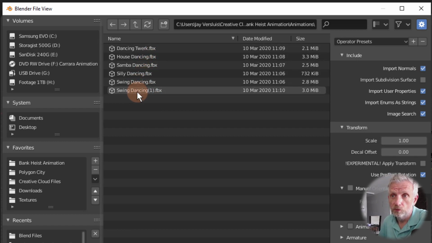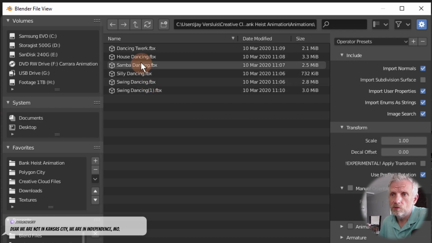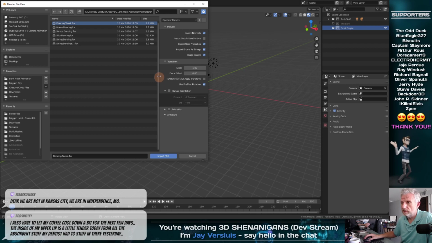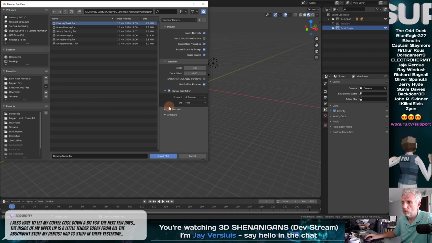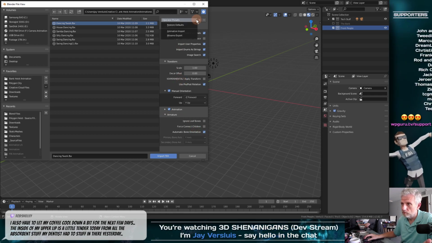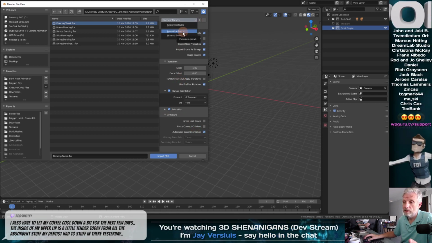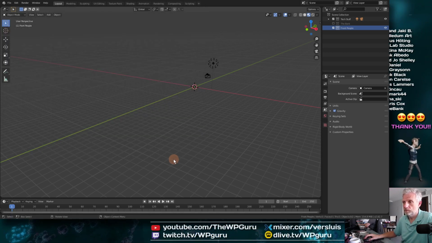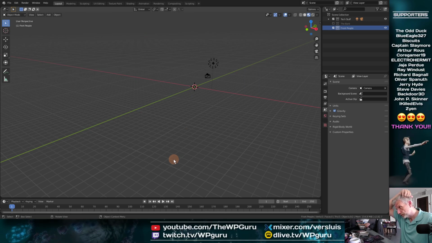So 6 of them. There's 2 swing dances, and I think if we just use them in combination, they'll be enough. I might try samba dancing to begin with. Actually, maybe I'll try twerk to begin with. And this is the thing again in which I need to put manual orientation and animation and the armature, which I think I already have a preset for, and that's the animation import. I believe that is the preset I need. So let's bring one person in.